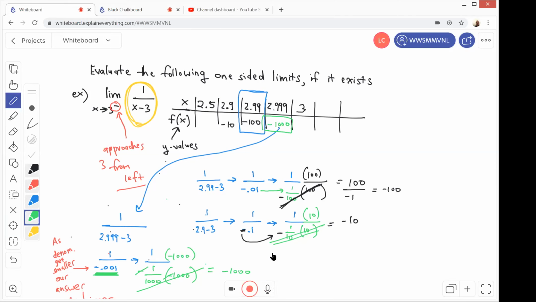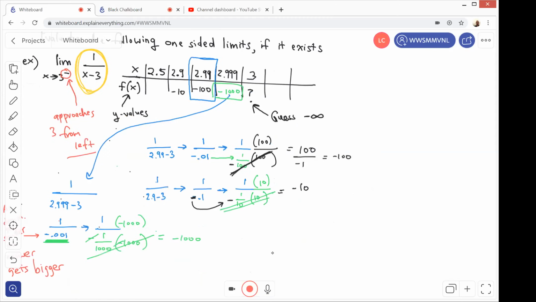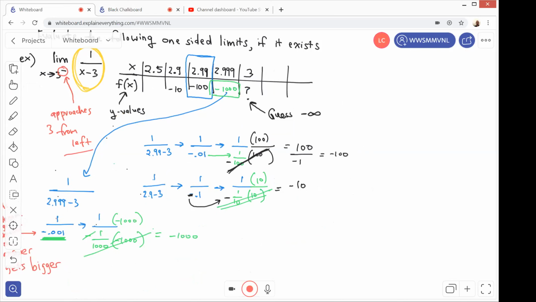So here I'm going to say the question mark, what are we approaching? And we're going to take a guess. We're going to say our guess is negative infinity from the left side. Okay, so our answer, I know it's a little bit messy, but math is messy at times. So we're going to say, to summarize what we just did here,